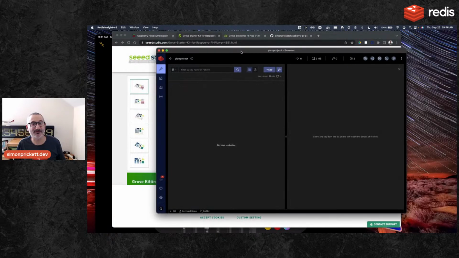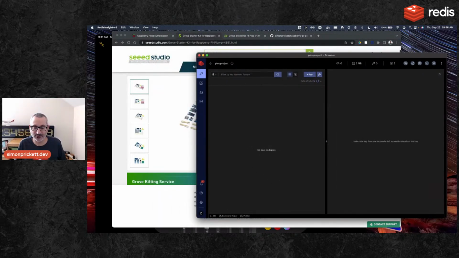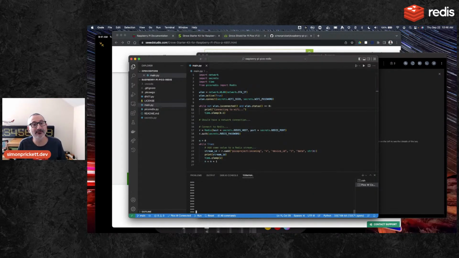So to start with, I've cleaned out my database. So let's turn on auto refresh here in Redis Insight. I've got an empty Redis instance in the cloud. So this is a Redis Stack instance. It's got Redis JSON. It's got Redis Search. It's got some other capabilities that we won't be using. I might use time series in this project, but it's also got a graph database built in and some extra probabilistic data structures. So the stuff that you see other members of the team talking about on streams. Right now, it's completely empty. There's nothing in there. And if we go look at VS Code here and make this a little bit bigger so it's more readable,